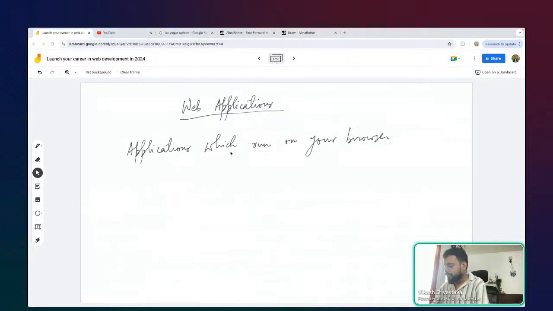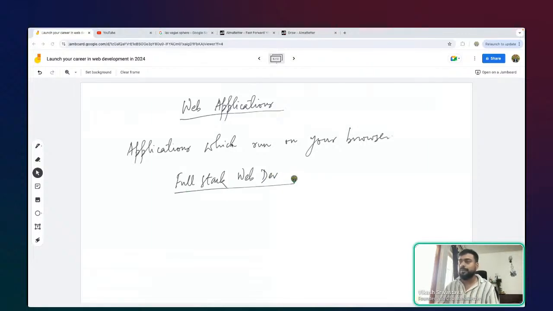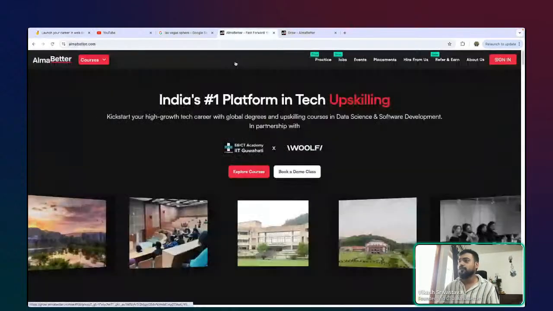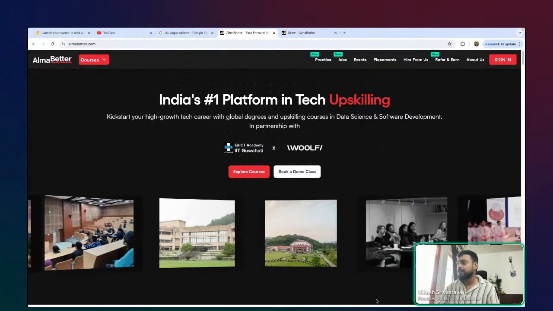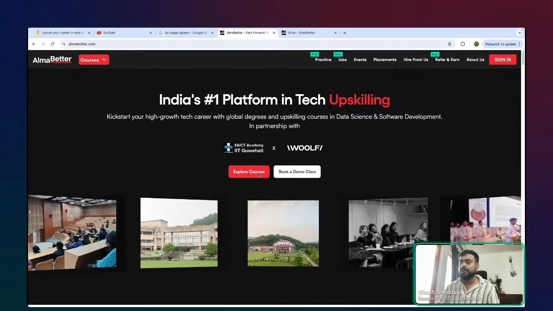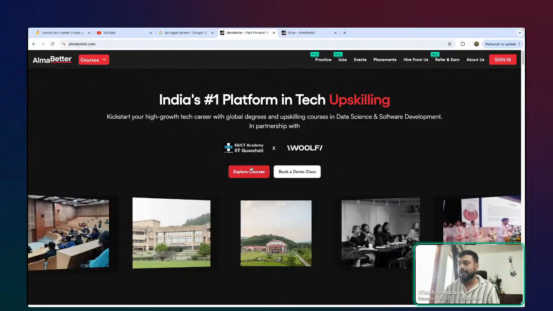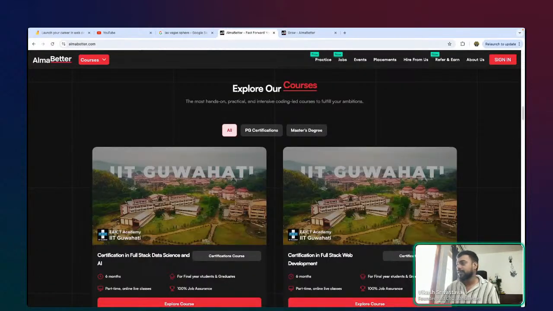So when I talk about full stack web development, I'm essentially talking about certain things that we need to take care of. One is, of course, the front end, right? The user interface and the user experience that happens when I visit a website or a web application. I can click on a particular resource, so it's not just a static page. It's very interactive. I can do a lot of things.